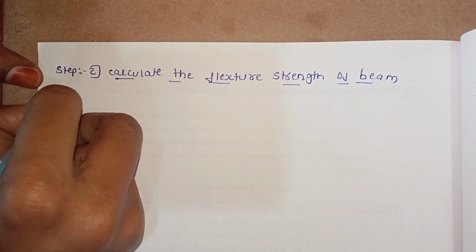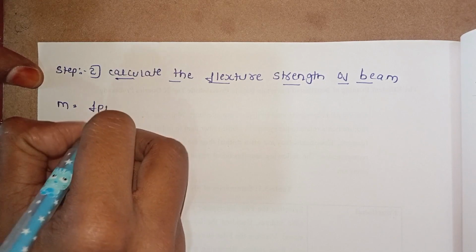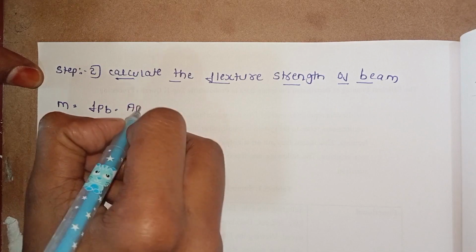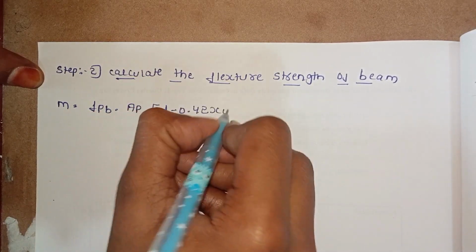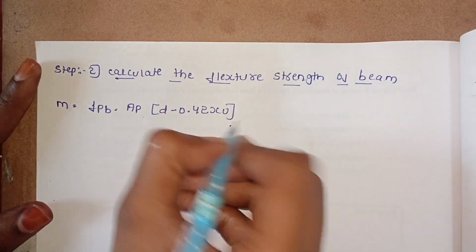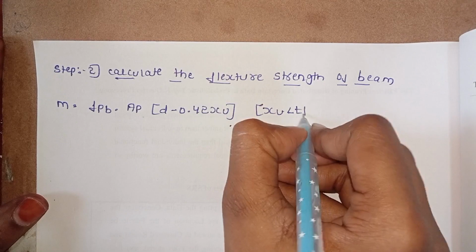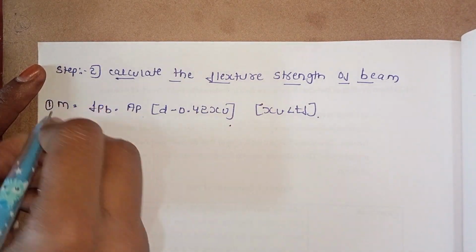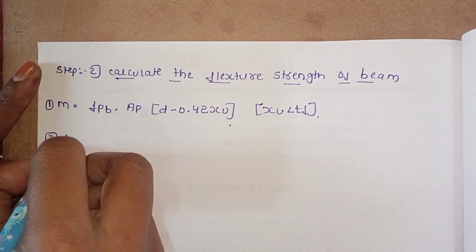So M equals FPB into AP into (D minus 0.42 into X). This formula is for X less than TF. This is formula number 1, and the second formula is M equals